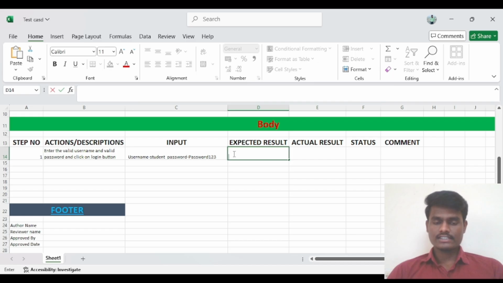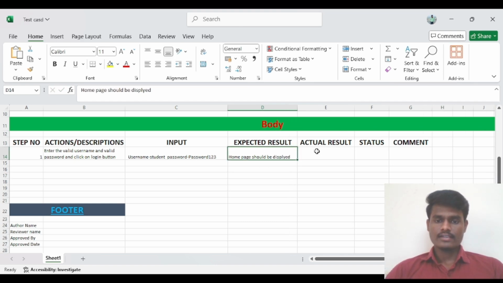It should display what? Our expected result is: home page should be displayed. This is our expected result.